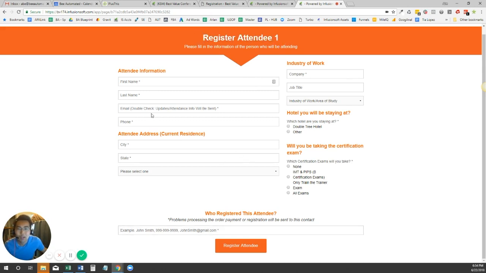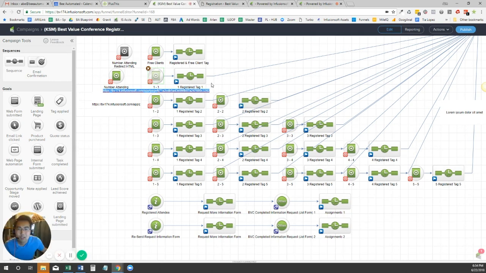So this form right here on here is basically the same. All these landing pages are basically the same. I just copied them all, put them in different spots. And for the 5, if they select 5, it's going to go to another and another and another until they have all 5 registered. And on the very last one, for the 4, the 3, the 2, the 1, if I actually click on that,